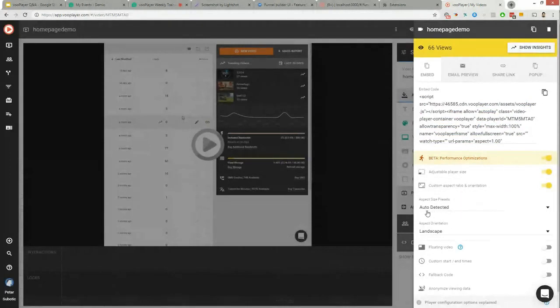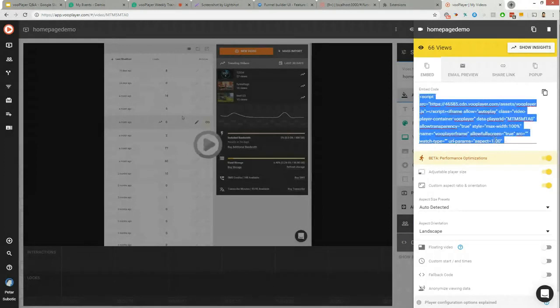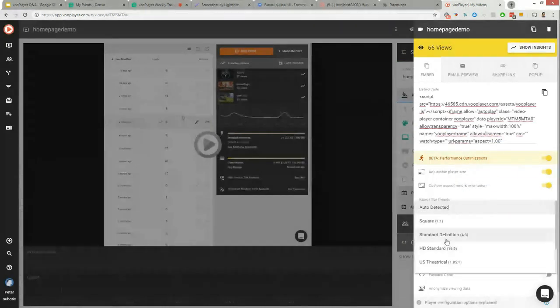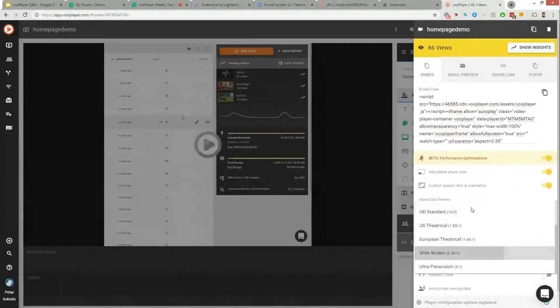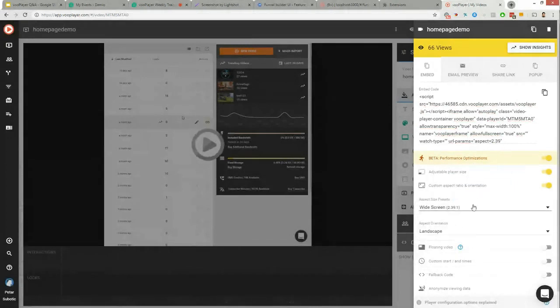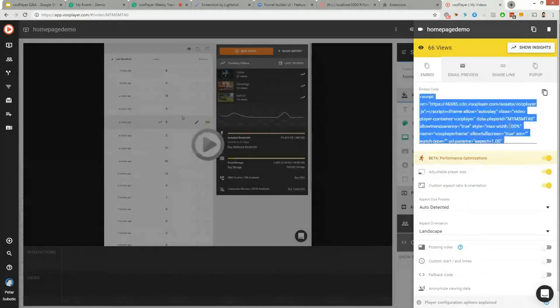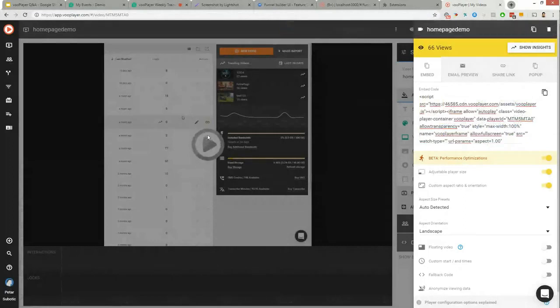Actually, this was auto detected because it detected the ratio of the video, so it automatically detected the aspect ratio of 1:1. As you can see in the embed code, it was updated. Alternatively, you can change to whatever you want the aspect ratio of the embedded player to be, but as it was rightly detected, it's 1:1, so you can just grab that as the embed code.